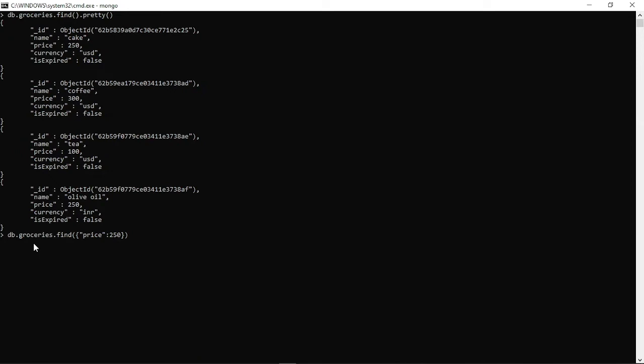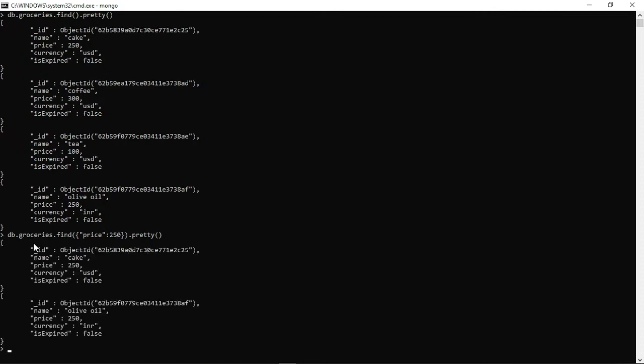If your word contains some spaces, then you should put it into double quotes. You shouldn't be using spaces while creating the keys. So that's one thing. Now I have added this find filter, and now if I press enter by adding pretty,